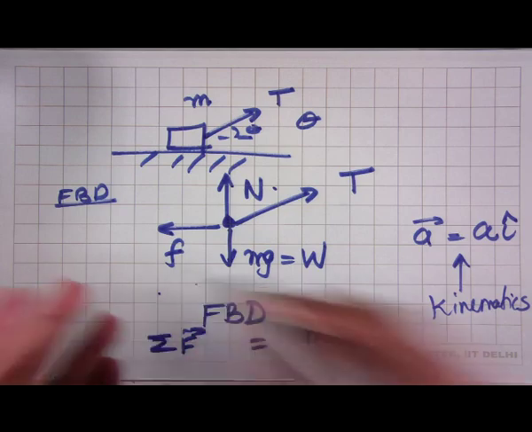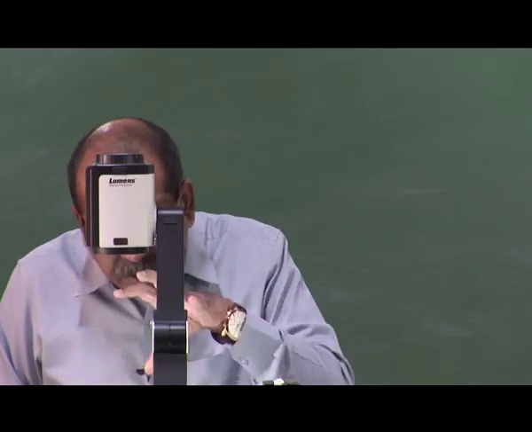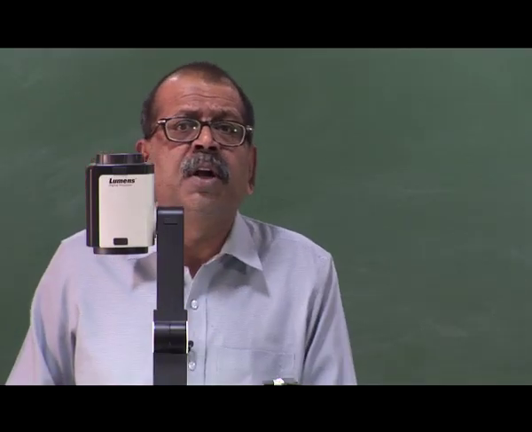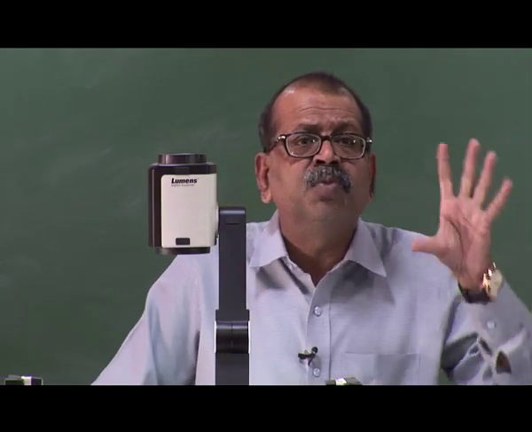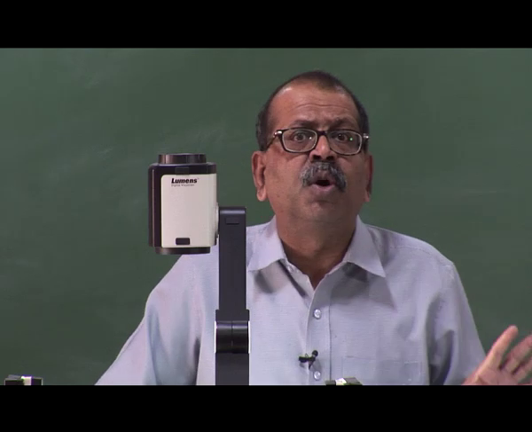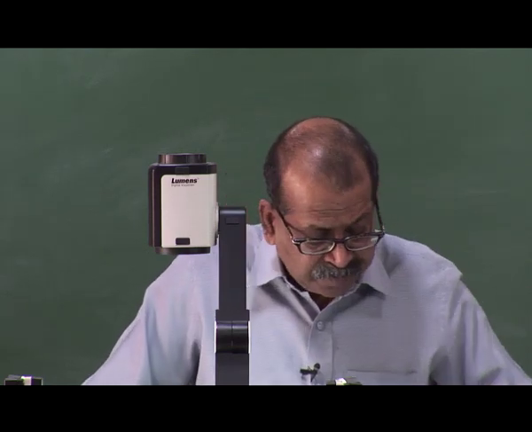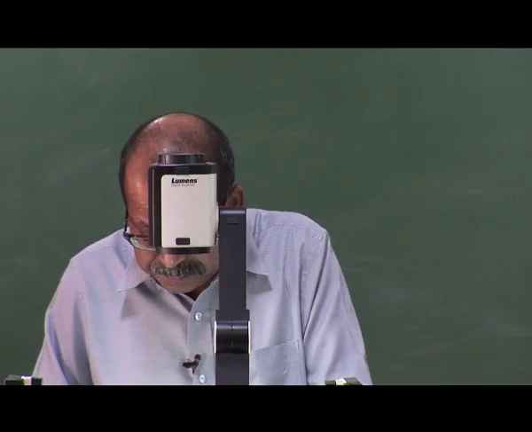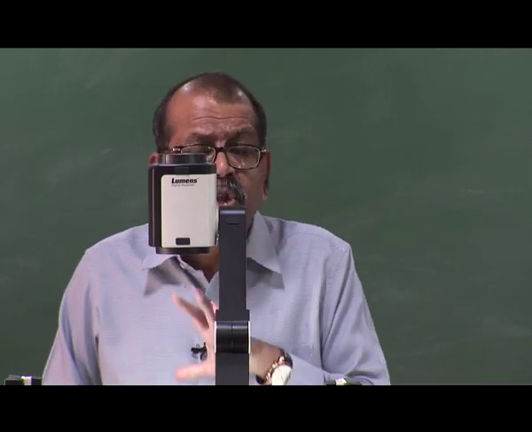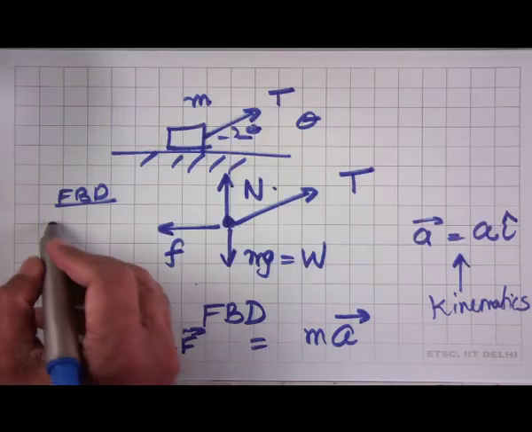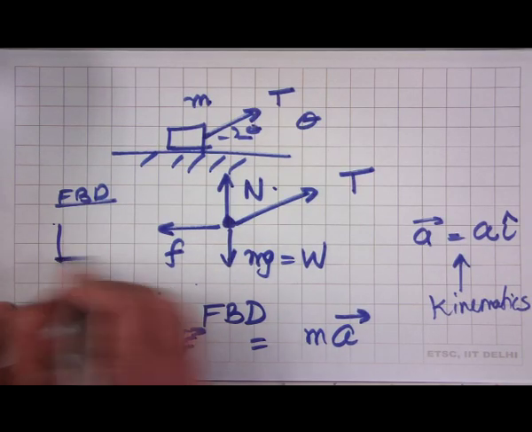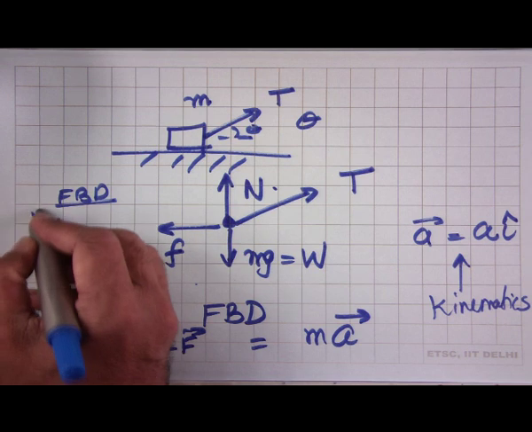Equate the left hand side and the right hand side. In the left hand side only the free body diagram comes. We do not bother about the kinematics when we draw the free body diagram. All we have to be careful about is that we are drawing the free body diagram with all the forces shown properly. And the other thing we have to be careful about is that we should always show the direction